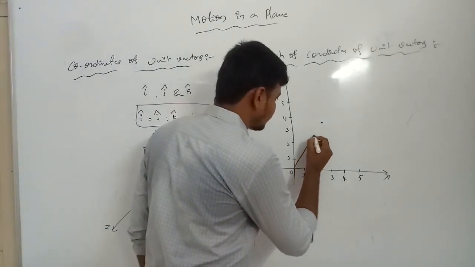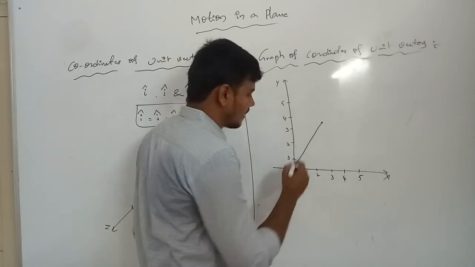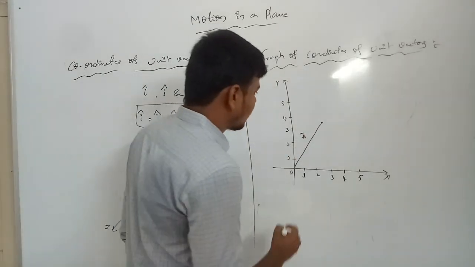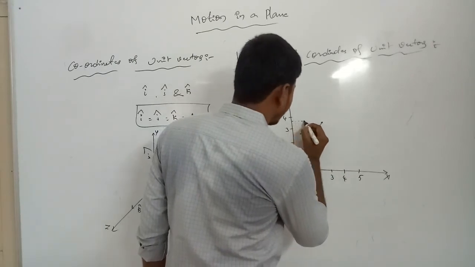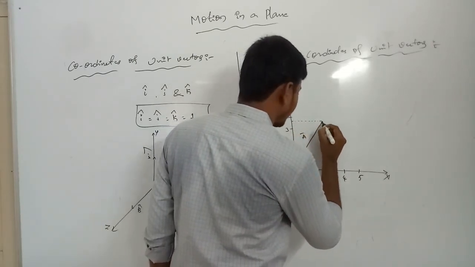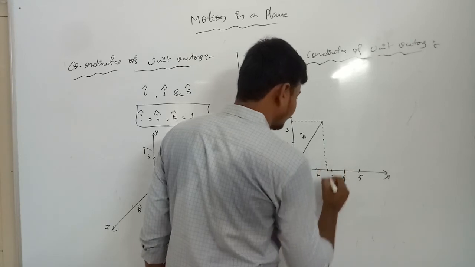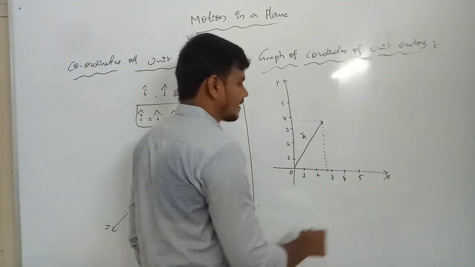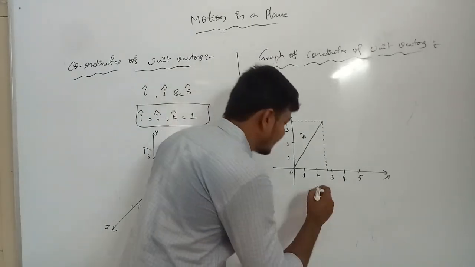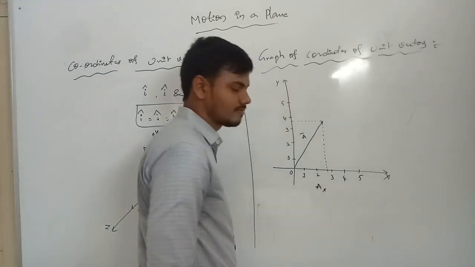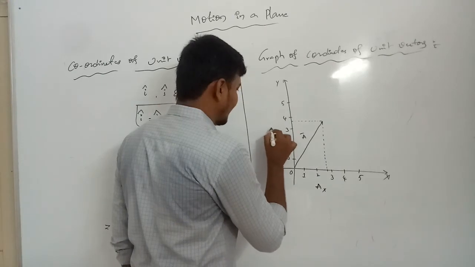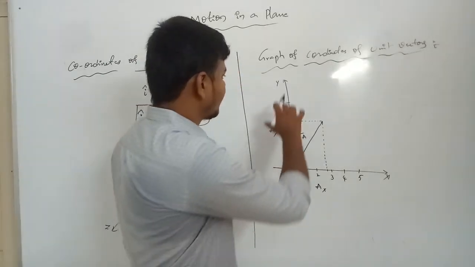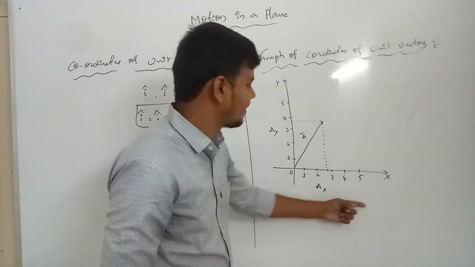It goes to this point. Clear? This is the a bar vector. We are joining the first point and the second point. At the a coordinate, in the x axis direction, this is ax. This one is the ay vector. Clear? We are introducing this only for graphical analysis of the sum of coordinates.